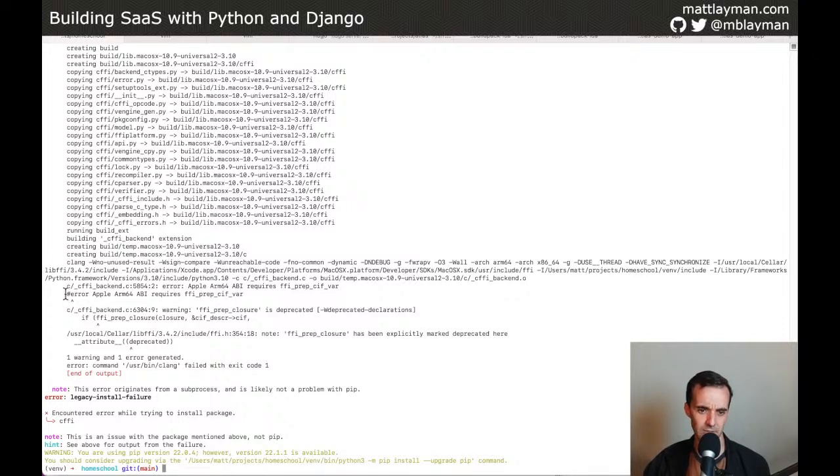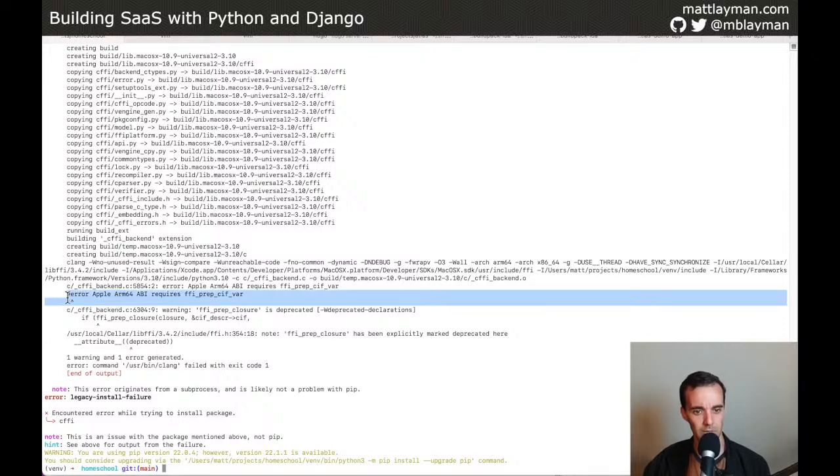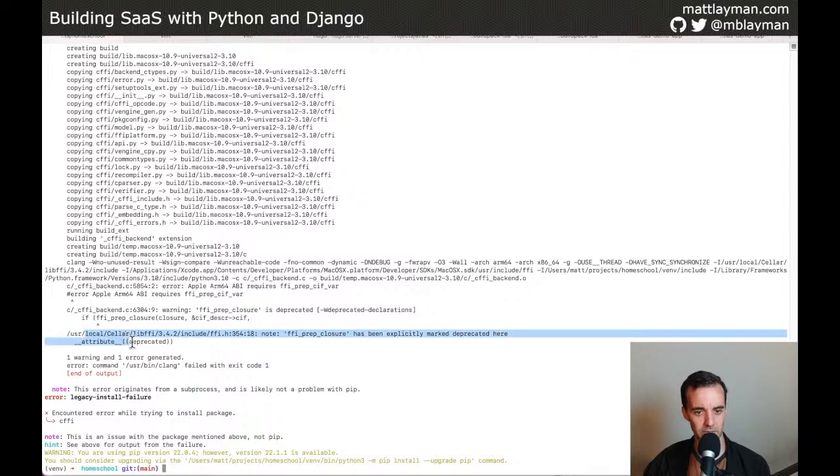Now I'm noticing that the way Clang is showing this, I don't know which direction to read it, like if this is the root, and this is the actual offending line, or is this the most specific? I think it's this way. I think this one's the most specific right here in the FFI header file, at this particular note. So what I'm going to do is take this comment and copy that